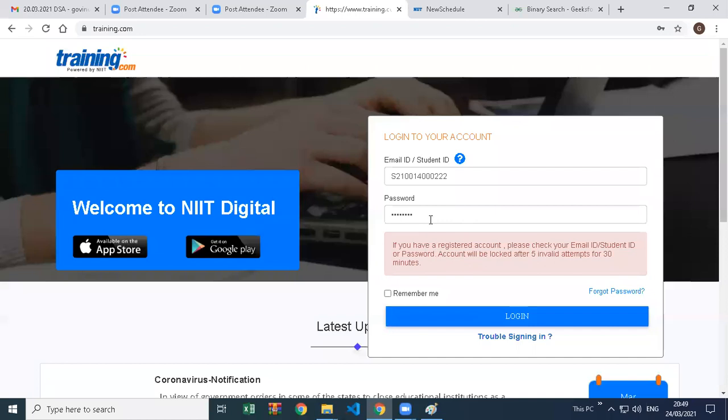It's giving an error actually. Is there any capital letter here? Is the first letter capital? Let's check your ID, 210014002222. Is this correct? Yes, sir. Your password I also copied the same, but it's giving an error. What is your problem? When I'm using it on my mobile phone I'm able to log in, but when I'm using the desktop, it's giving me the same error.